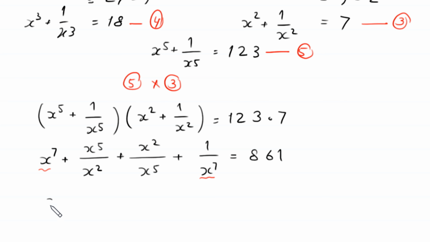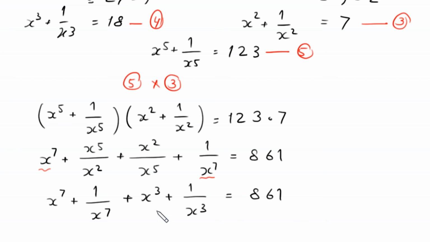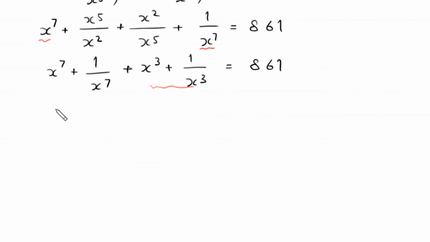Now we combine these two terms, x to the power 7 and 1 over x to the power 7. So this will become x to the power 7 plus 1 over x to the power 7 plus x cubed plus 1 over x cubed is equal to 861. Now we replace this x cubed plus 1 over x cubed with this value 18. So this will become x to the power 7 plus 1 over x to the power 7 plus 18 is equal to